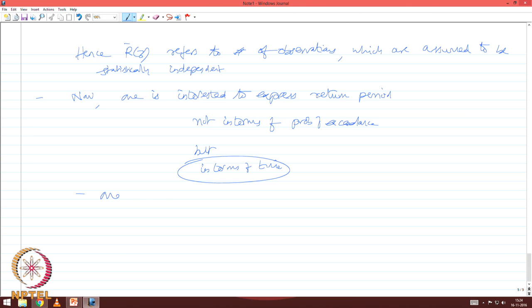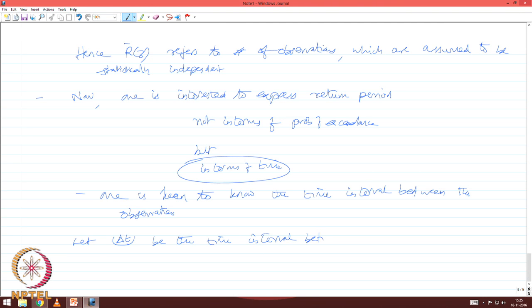That is, one is keen to know the time interval between the observations. Let delta t be the time interval between the observations